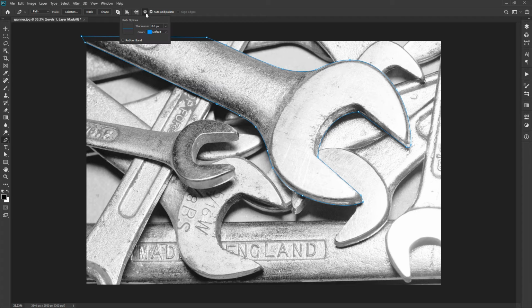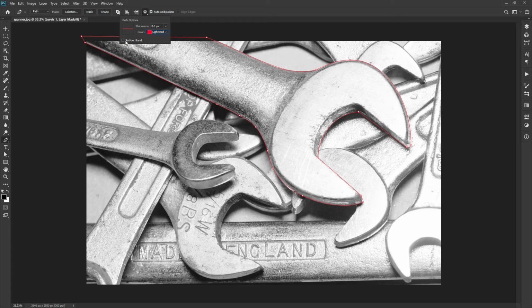Besides that, we have a path options icon. Currently we have a very thin line as a path. We can increase the thickness of the path to make it more visible. But remember that more thickness of path makes the subject's edge hidden behind it. So set the path thickness value according to your choice so that the path is visible enough and also the edge of the subject is also visible. You also can change the color of the path. Make the color of the path contrast to the image color so that it can be visible properly.